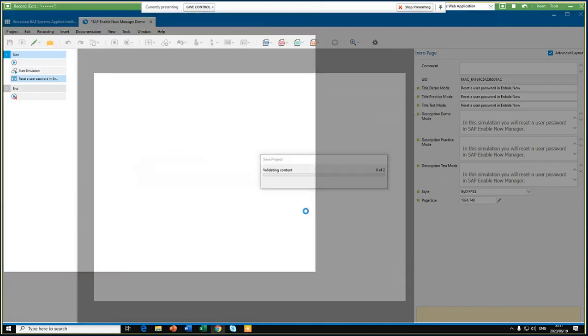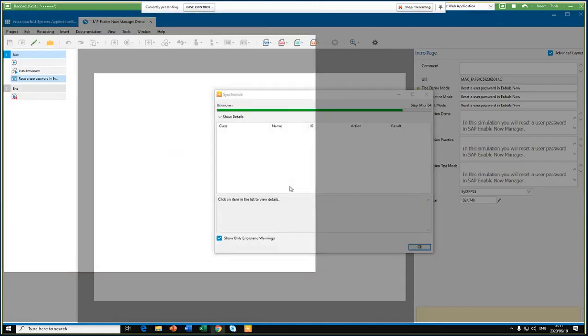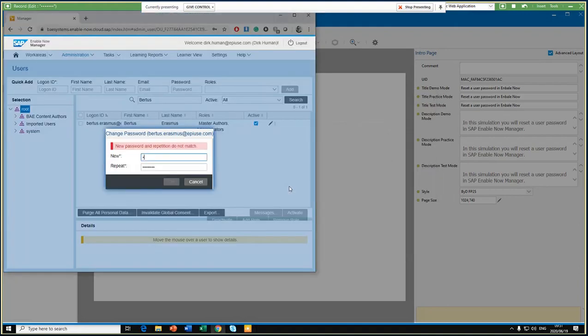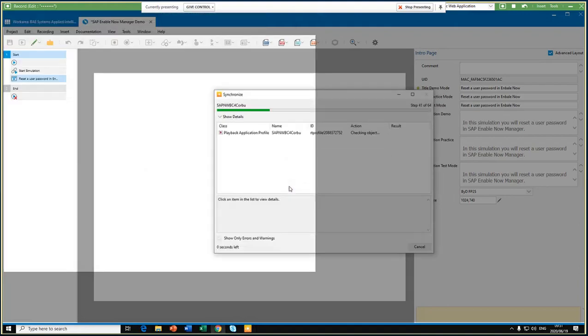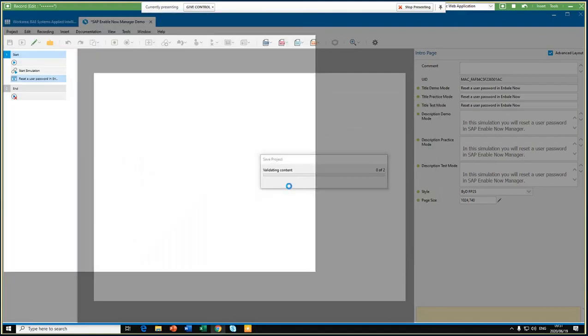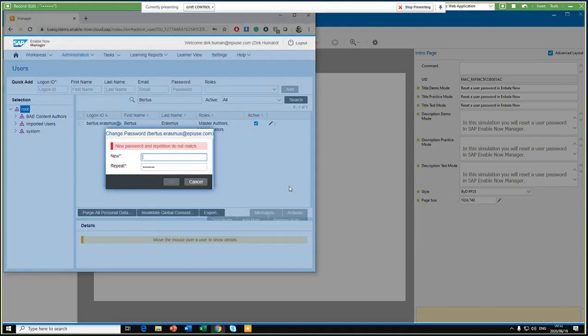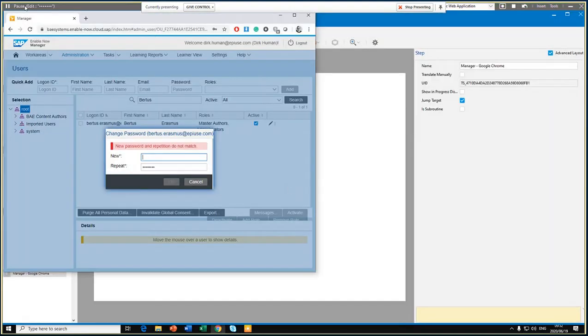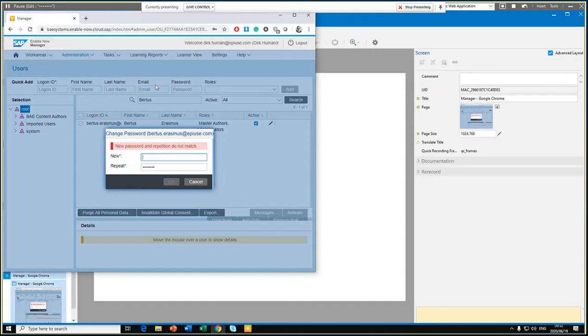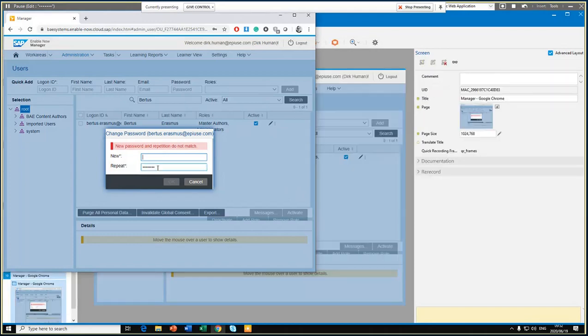Just quickly busy saving. Okay, so once I've paused, you'll see it turns grey, so I can now go and change whatever I want